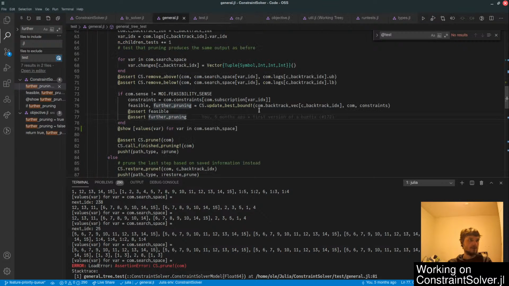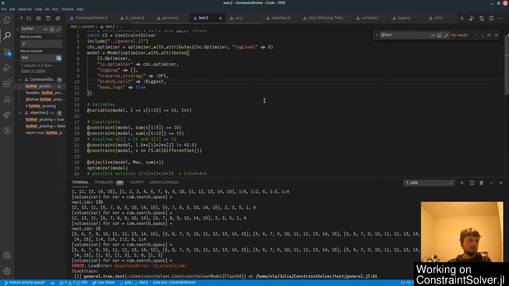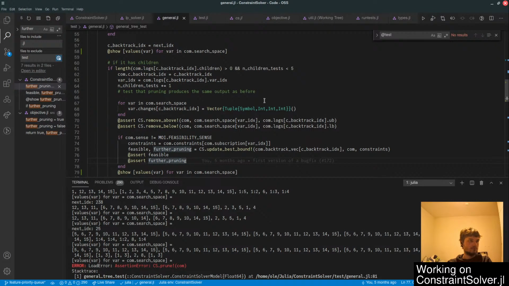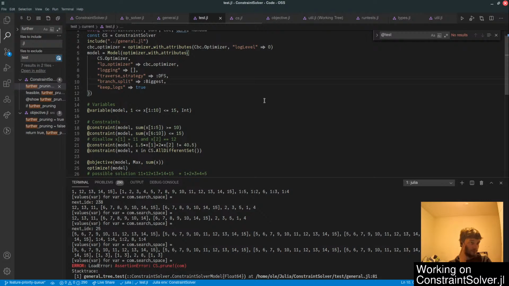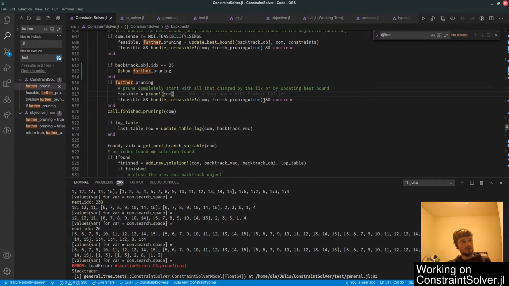Now in the general tree test, somehow get further pruning, which is false. Okay, but should it get